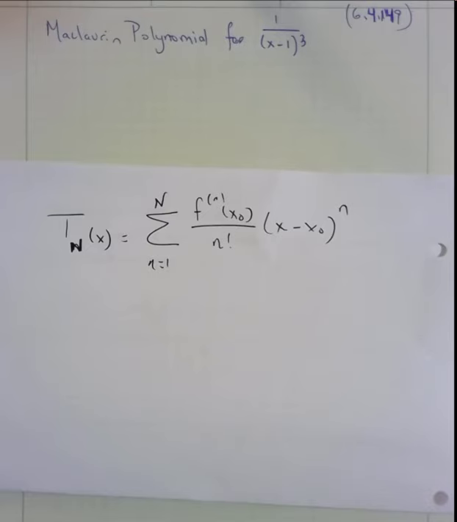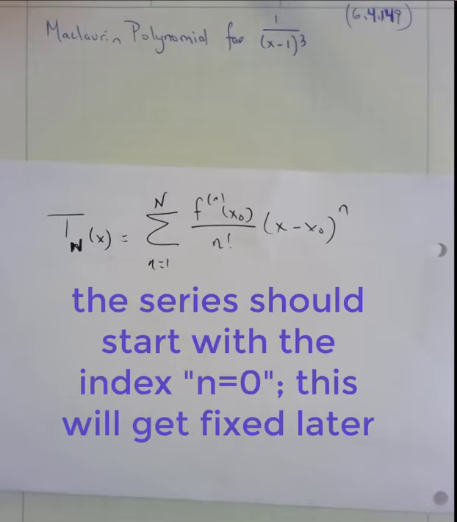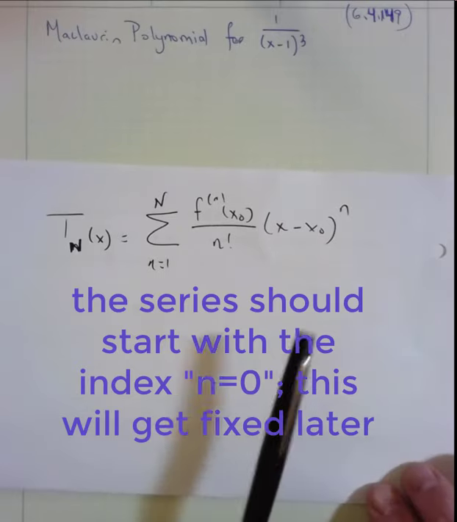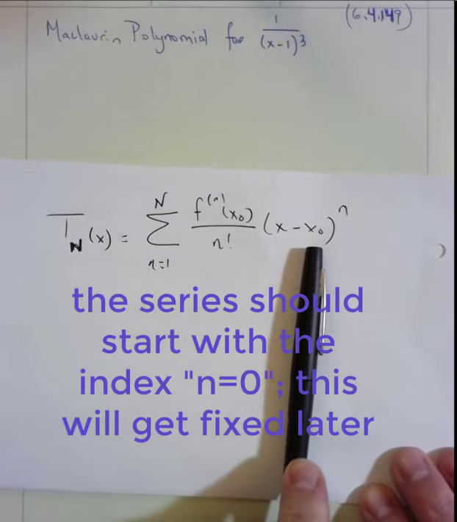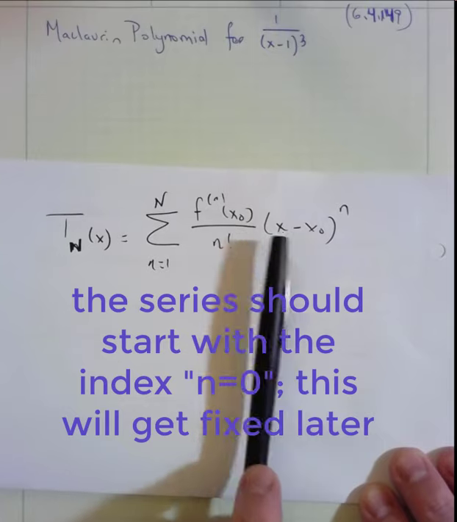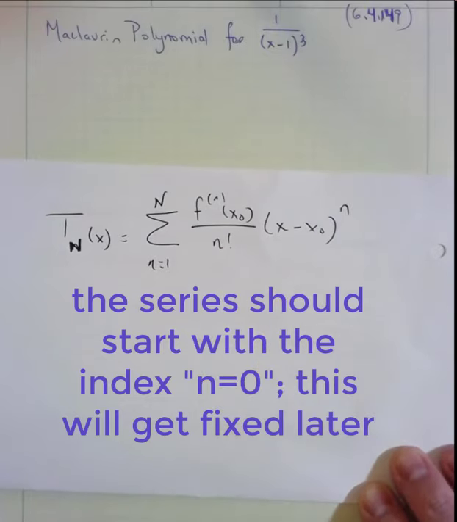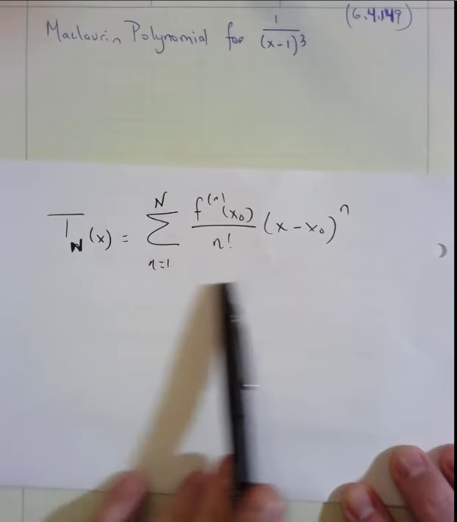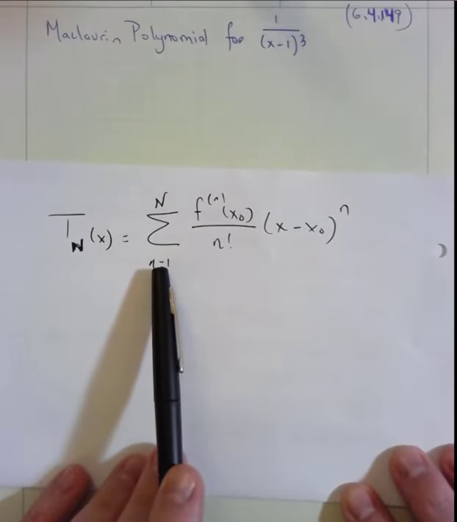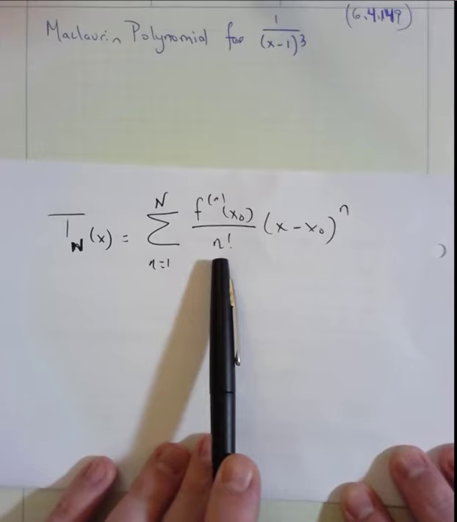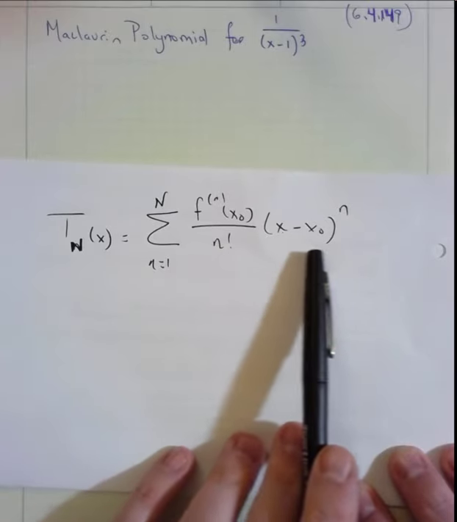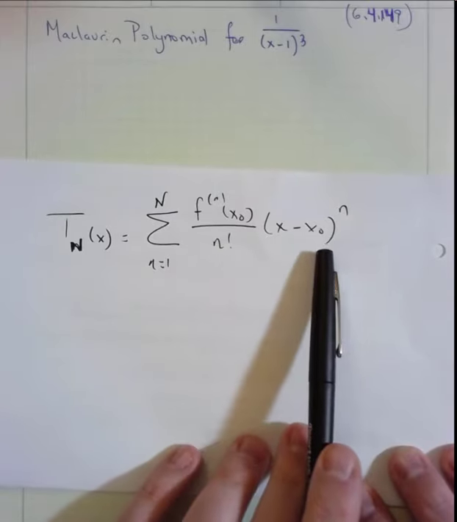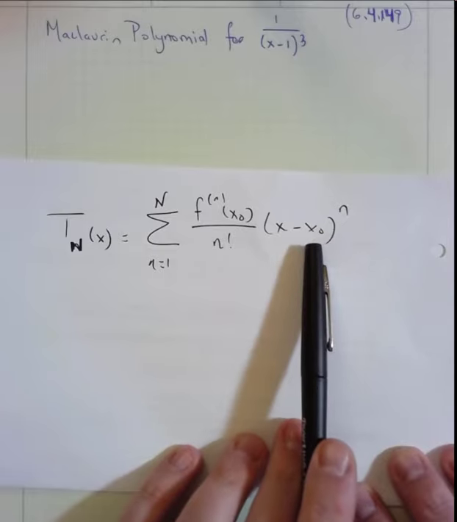a Maclaurin polynomial. Well, remember that a Maclaurin polynomial is a Taylor polynomial. It's just the specific case where the anchor point x0, which goes in 2 spots, is equal to 0. So we do need this. In this formula, the summation sign is hardwired. The n factorial in the denominator is kind of hardwired. This term is hardwired, and again with Maclaurin series, we will put in a 0 in the spot for x